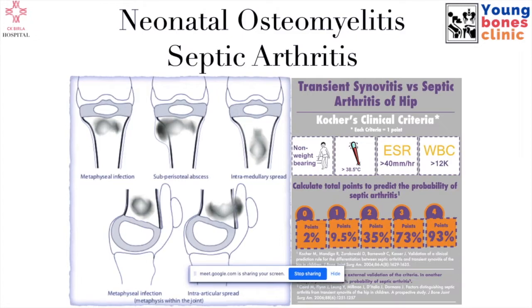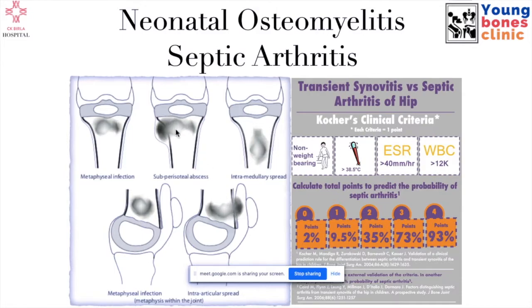Septic arthritis, as we see, and neonatal osteomyelitis are again very common problems, something we all see in pediatric orthopedics. Whenever the joint is intra-articular, like the hip, if osteomyelitis occurs there, the metaphysis is within the capsule. So once the periosteum and cortical breach is there, the pus from the metaphysis leaks into the joint and forms a septic arthritis. In such cases septic arthritis happens very quickly. So it starts from the bone, from an osteomyelitis, and goes into a septic arthritis process.